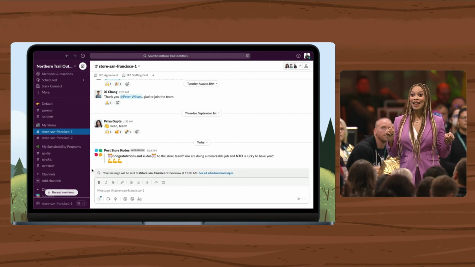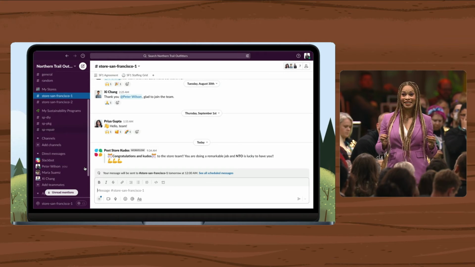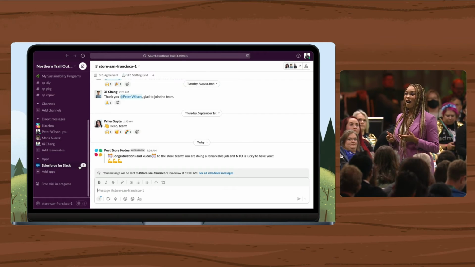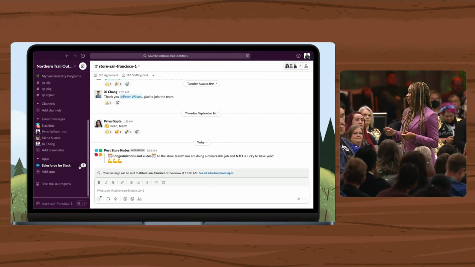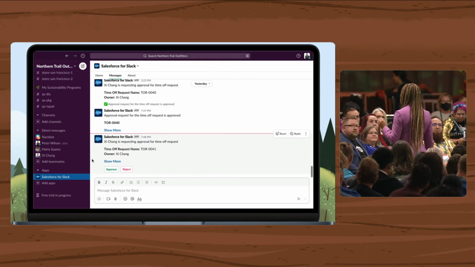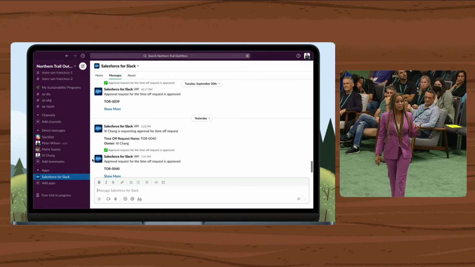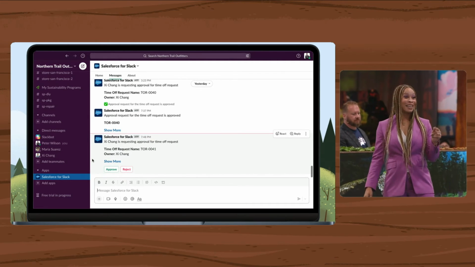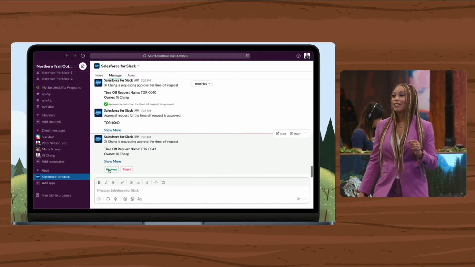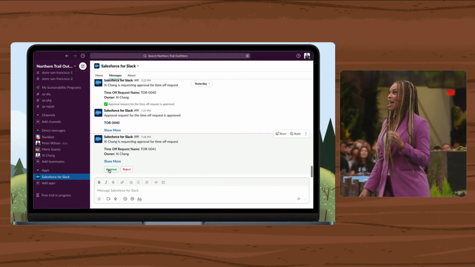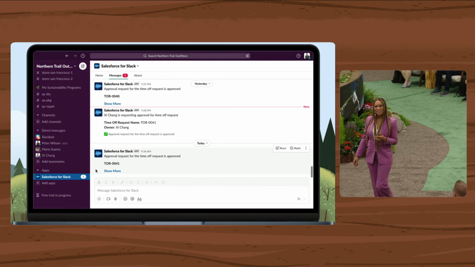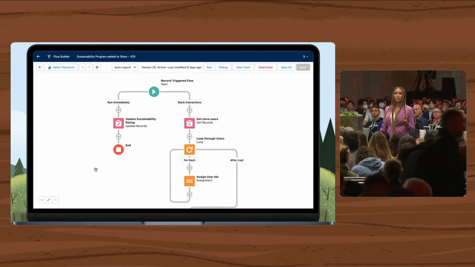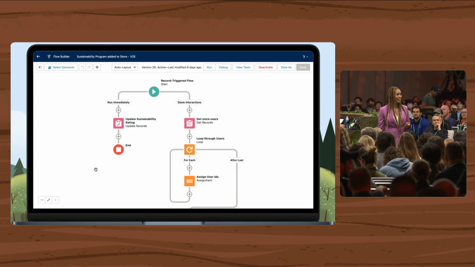But that's not it. These users have customized their experience, and Maria, the awesome admin, has turned on some amazing features that allow them to do all of their work right from Slack, like approvals. You see, Maria built an approval process that allows them to request time off, and it was good. But she's going to make it great by bringing this into Slack. Peter now can receive notifications and approve right from Slack. It's really easy and efficient. So let's check out some other ways that Maria is driving efficiencies and productivity for her users.